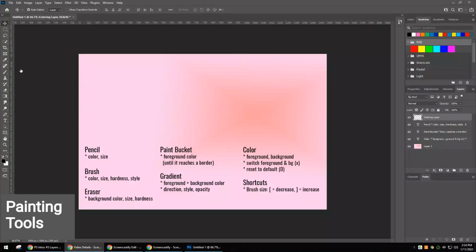Hi friends, we're going to talk about the painting tools today. Those include the pencil, brush, paint bucket, and gradient tools. We'll also talk briefly about the eraser and eyedropper as well. First, though, we want to talk about color so that we have a color to choose to use with these